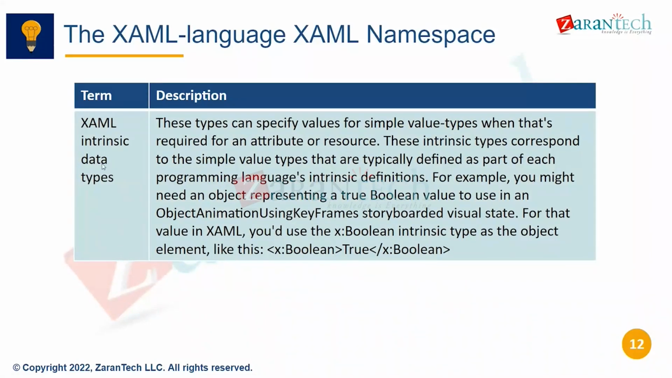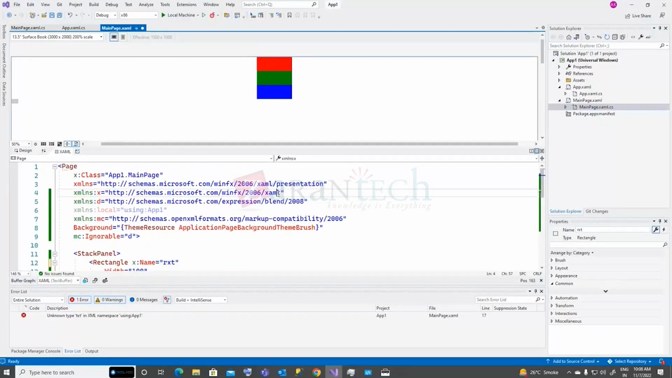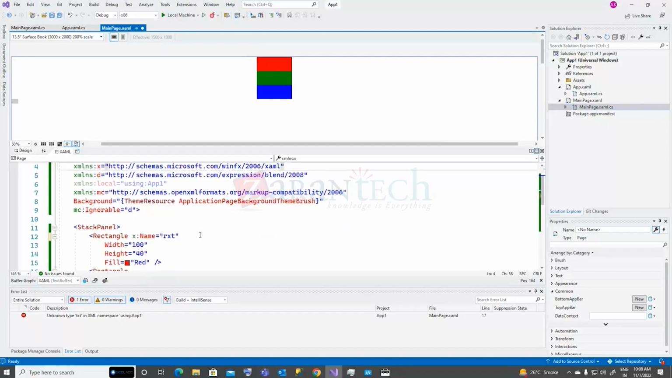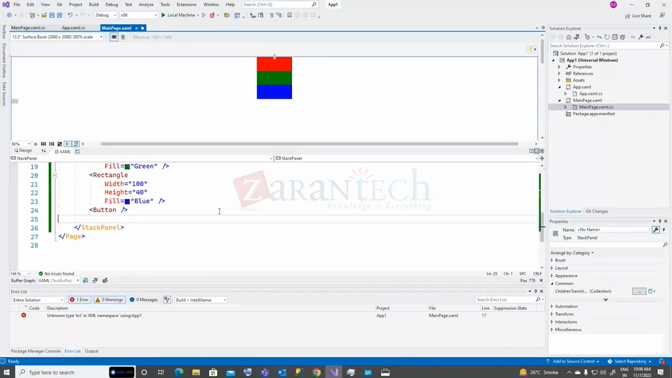So, data types. If you want to create some kind of data types within the XAML, you can use some kind of C#. Yes, you can. If you want to create a boolean within the XAML or within the style, you can create it with x, which reflects to this XML system library. So if you want to, x colon